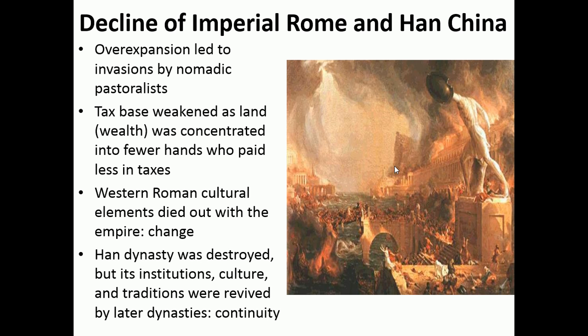All right, both of these empires decline primarily through overexpansion. Now, China didn't expand quite as much as Rome did, but China had more pastoralists to worry about than did Rome, although both of them were eventually taken out by pastoralist nomads. The borders became simply too long to defend. They couldn't put enough military garrisons along the borders. They couldn't build enough walls.